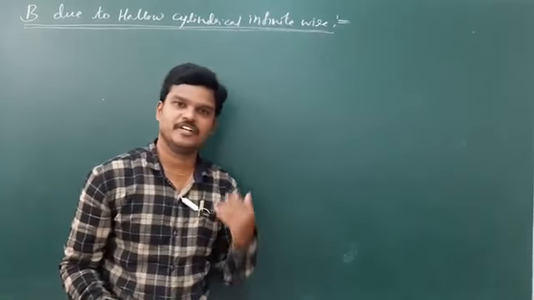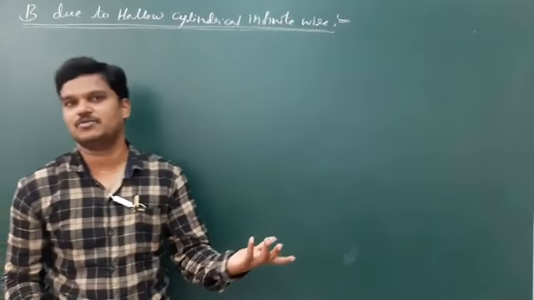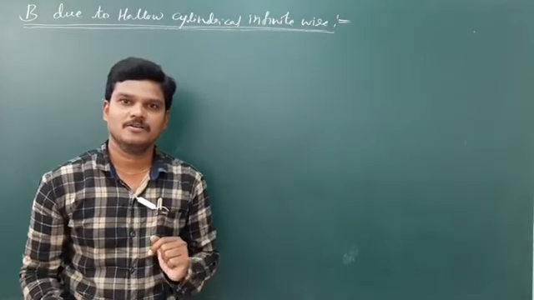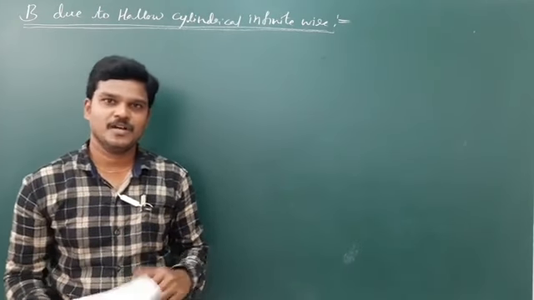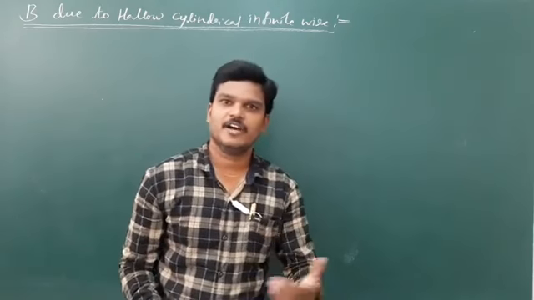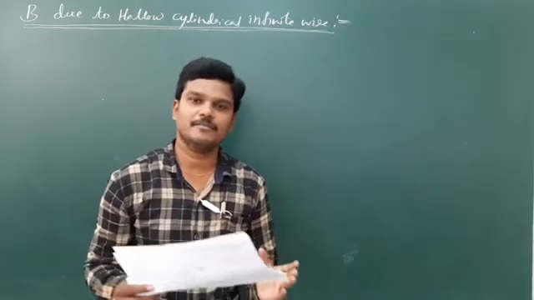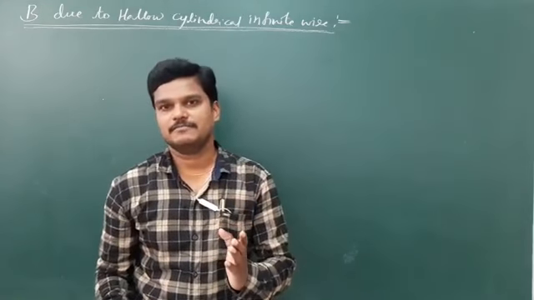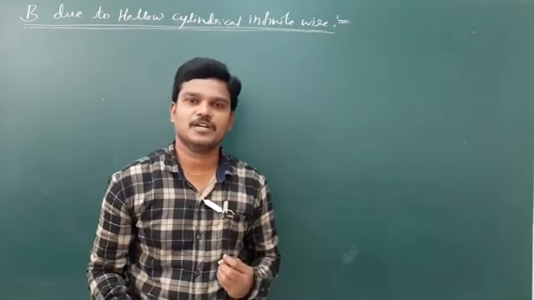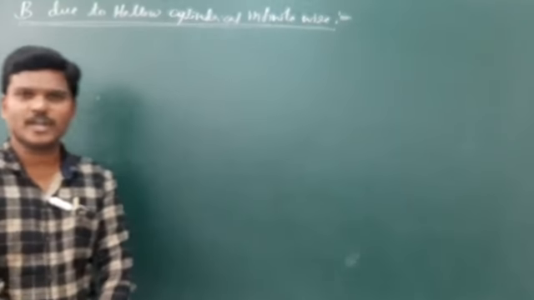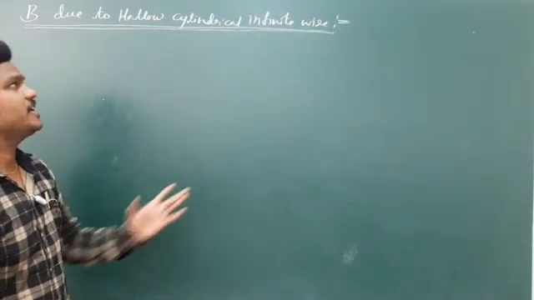And of course, we derived a formula, that is B is equal to mu naught Ni by 2 (sin alpha plus sin beta). This is used from the entrance exam point of view. And at NCERT level, we have B is equal to mu naught Ni, of course by substituting alpha and beta, we are going to get the B is equal to mu naught Ni formula. Okay. And toroid also covered, and few applications are left.